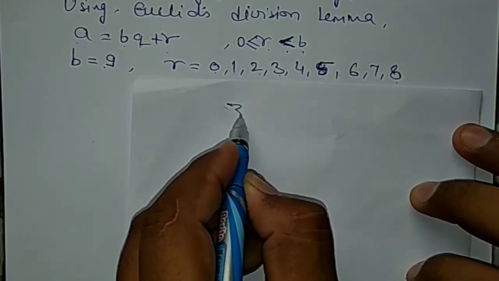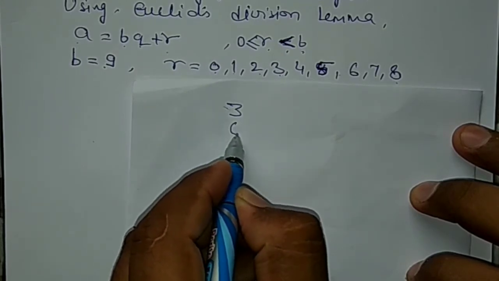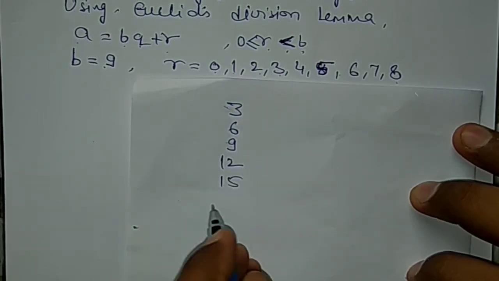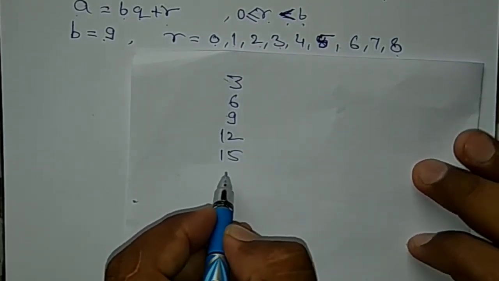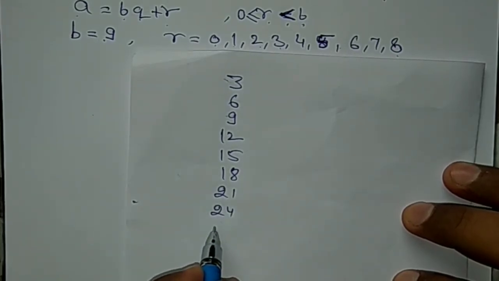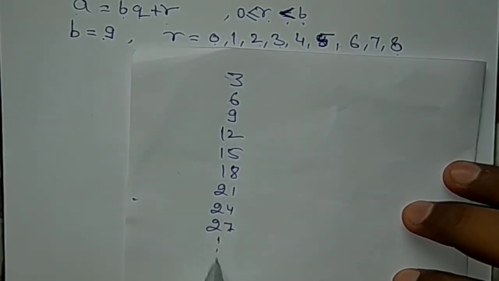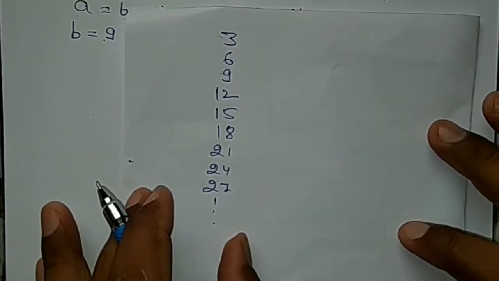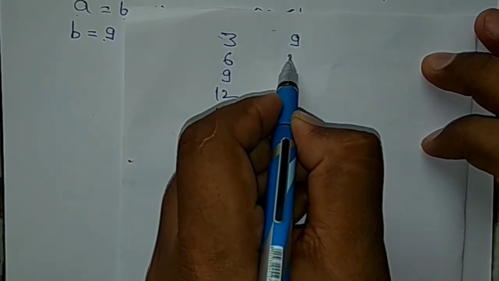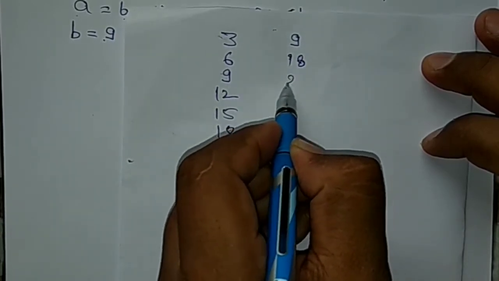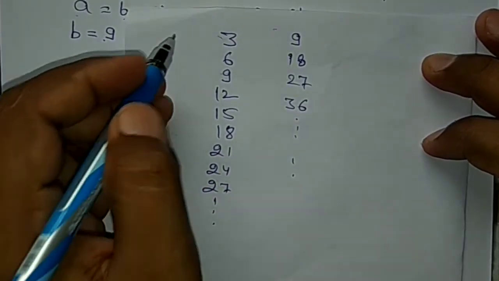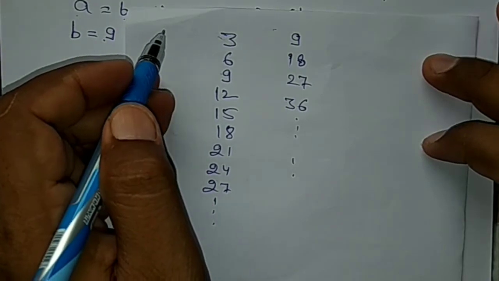जैसे मैं 3 का टेबल लिखता हूँ. 3 1 जा 3, 3 2 जा 6, 9, 12, 15, 18, 21, 24, 27 and so on. Okay, this is the table of 3. Okay, table of 3 and I am writing the table of 9. 9 1 जा 9, 9 2 जा 18, 9 3 जा 27, 9 4 जा 36 and so on. Okay, my aim is, ध्यान दीजिएगा यहाँ पर.